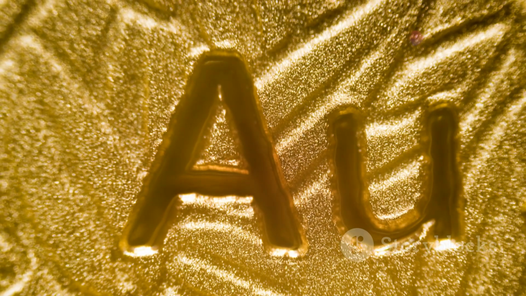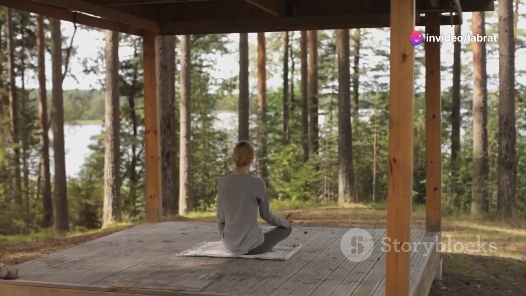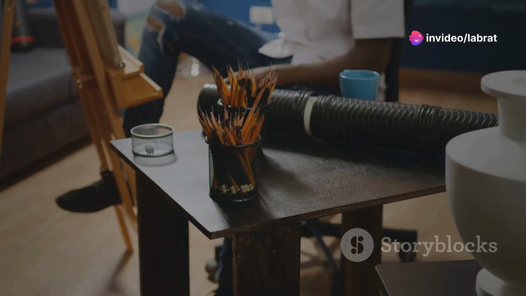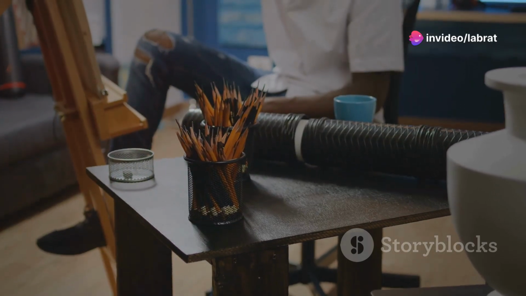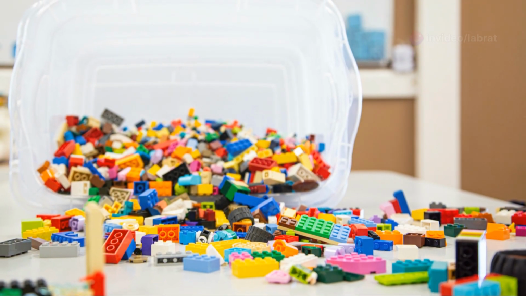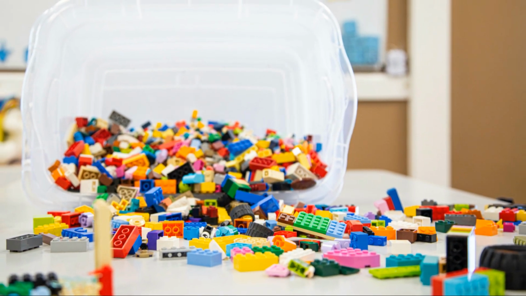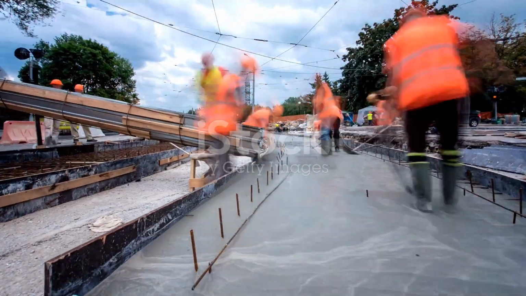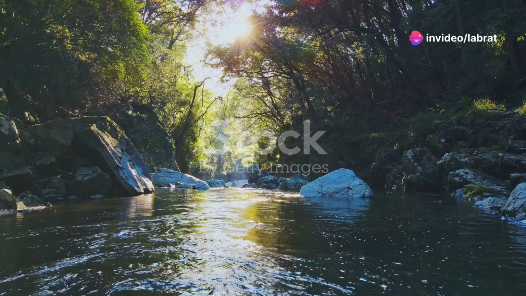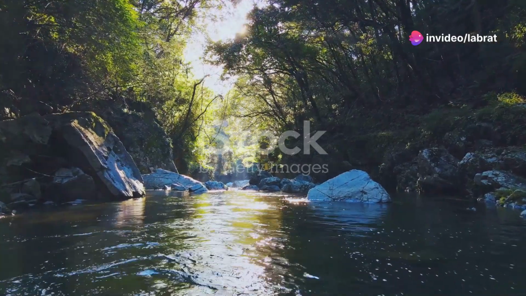Gold is shiny and valuable. Oxygen is essential for us to breathe. And carbon is found in everything from diamonds to pencils. Now imagine you have a giant box of Legos, and you can use them to build anything you can imagine. That's what atoms do. They combine in countless ways to create all the different materials we see in the world